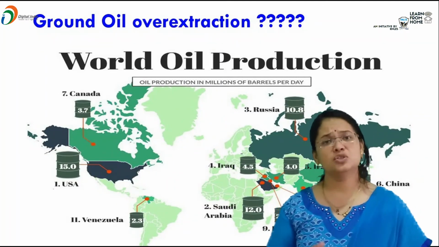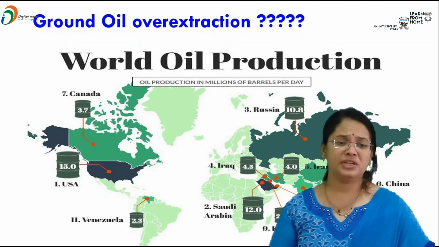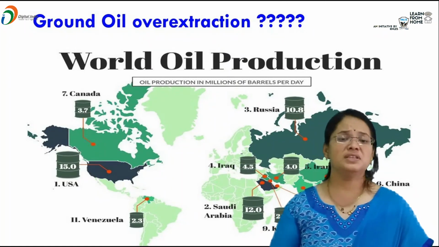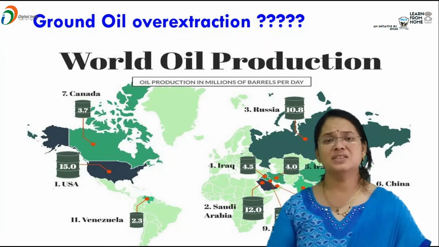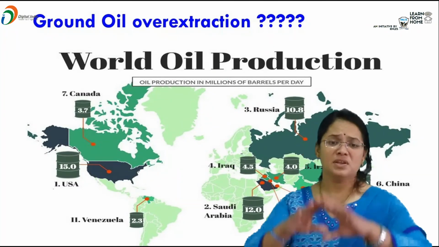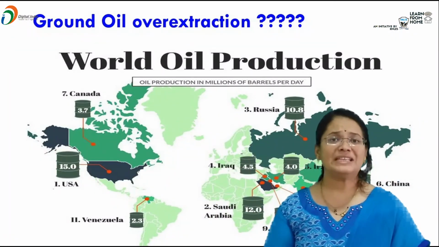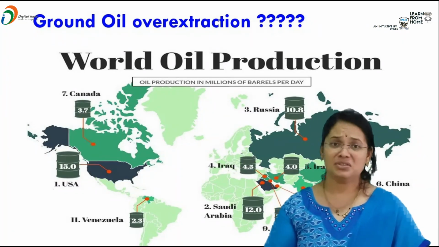Saudi Arabia it is 12, Kuwait 2.9, Venezuela 2.3. In case of USA 15 million barrels in a day, and Canada is 3.7 million barrels. These are the number of barrels they are trying to extract of this ground oil,